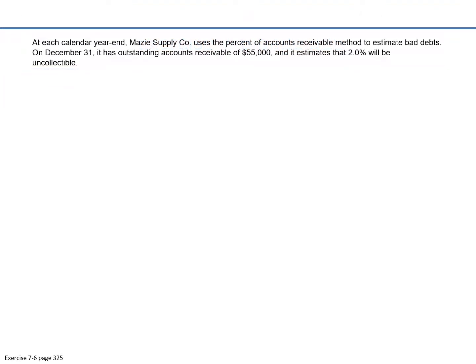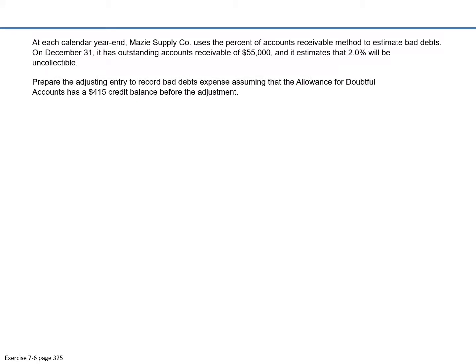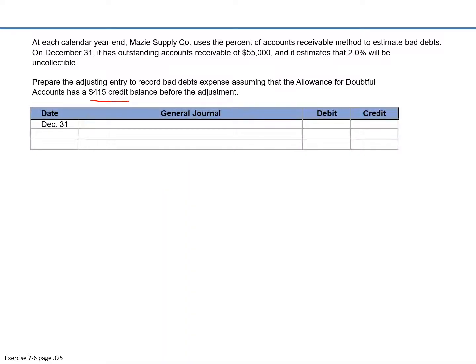Exercise 7-6. At each calendar year, Mays Supply Company uses the percentage of accounts receivable method to estimate their bad debts. On December 31st, they have outstanding accounts receivable of $55,000, and they estimate 2% will be uncollectible. So prepare the adjusting entry, and we're going to assume that the allowance for doubtful accounts has a credit of $415 before the adjustment. So 2% of 55 is going to be what we record to our bad debt expense,